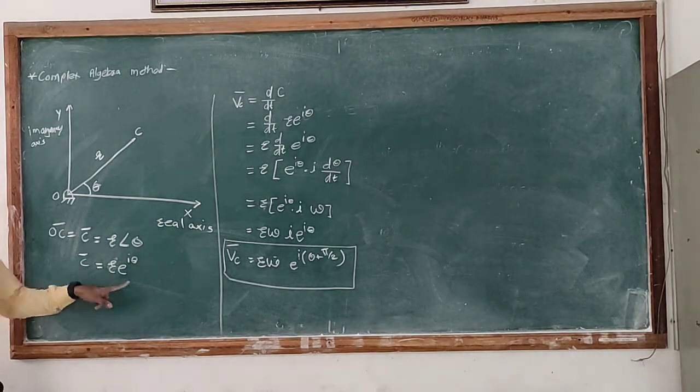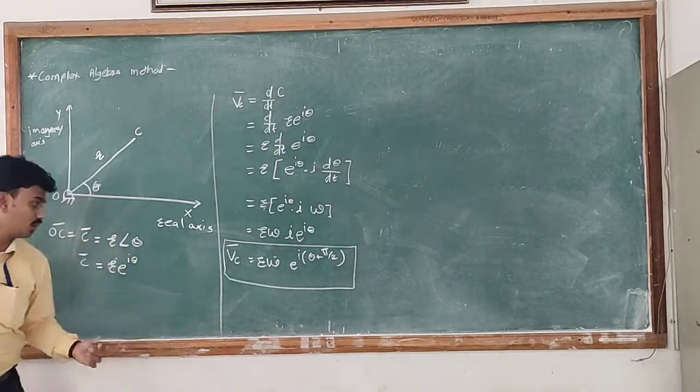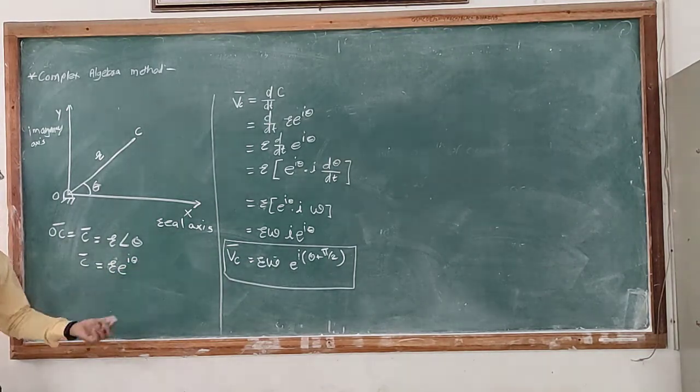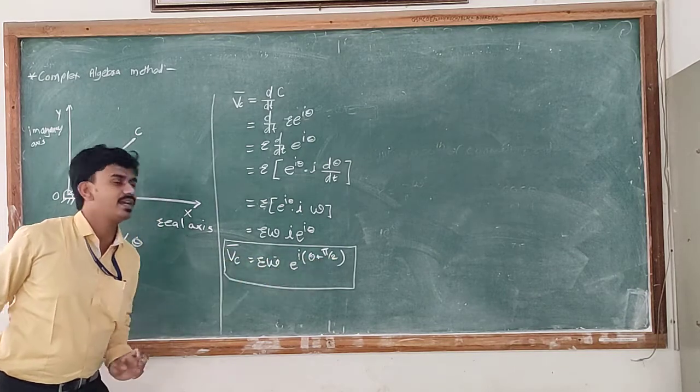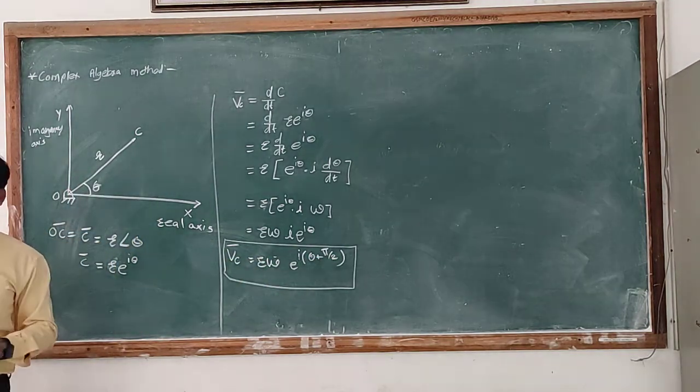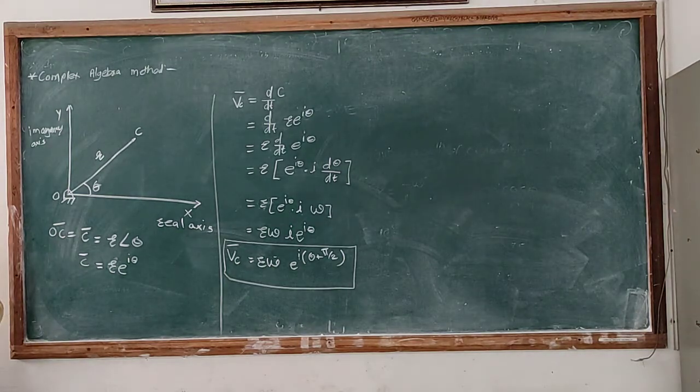Here R is the magnitude in the first, and here R into omega is the magnitude. And if we compare the angles, here the angle is theta and here the angle is theta plus pi by 2. So the velocity vector is 90 degrees